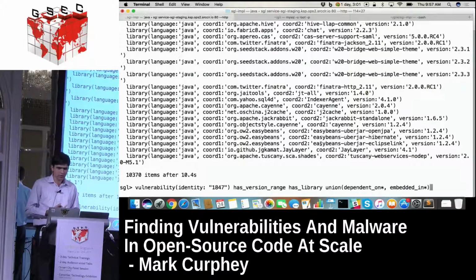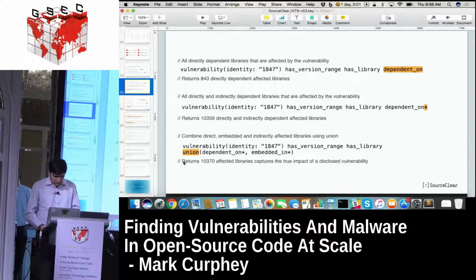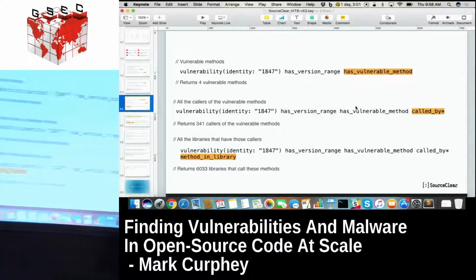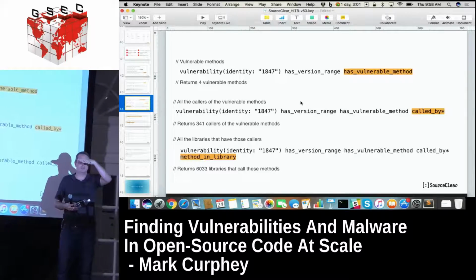So imagine doing this when you have a new vulnerability. When we usually try to score vulnerabilities, we use something like CVSS, where we assess the risk of a vulnerability. We can actually use something like this to find the true impact the vulnerability would have on the open source ecosystem. The great problem, when that vulnerability was first released last year, everyone started panicking and no one knew where it was being used.